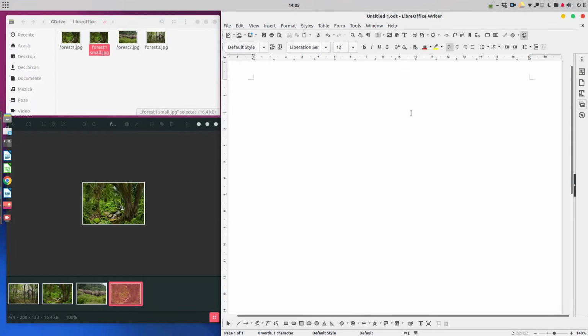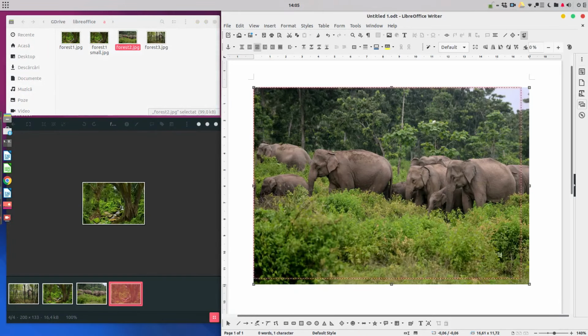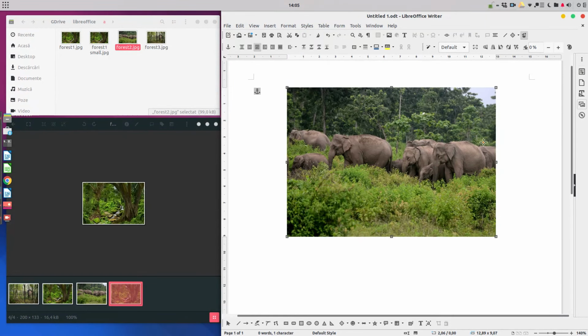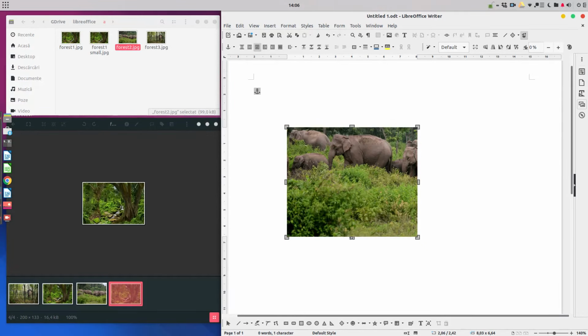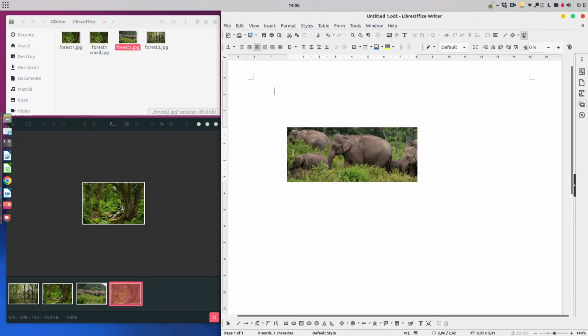Okay, so now let's insert a picture, a good quality picture with elephants. What we need to remember is that LibreOffice is not a photo editor, so don't expect it to make special effects and so on. There are some tools like you see here. We also have crop and other tools, but LibreOffice is not prepared like a photo editor. It's just a document writer. Okay,